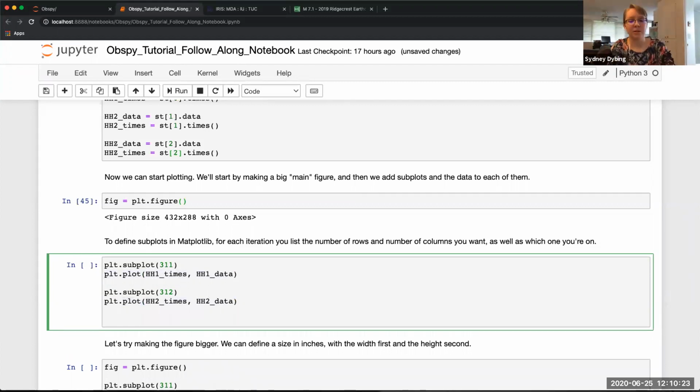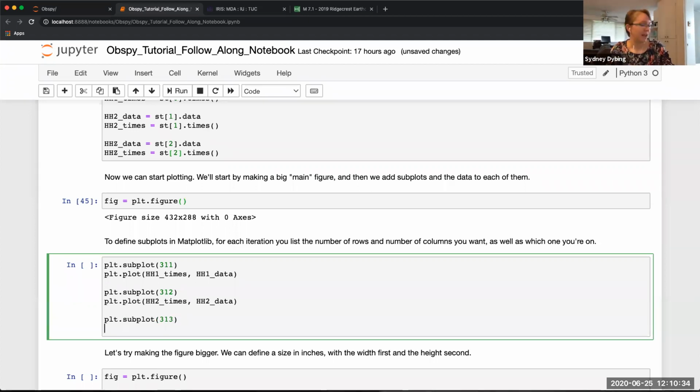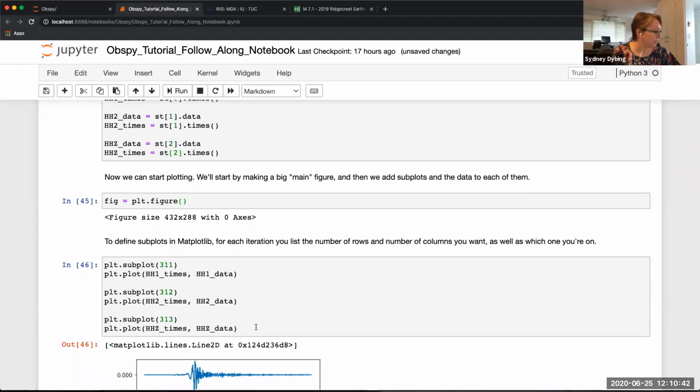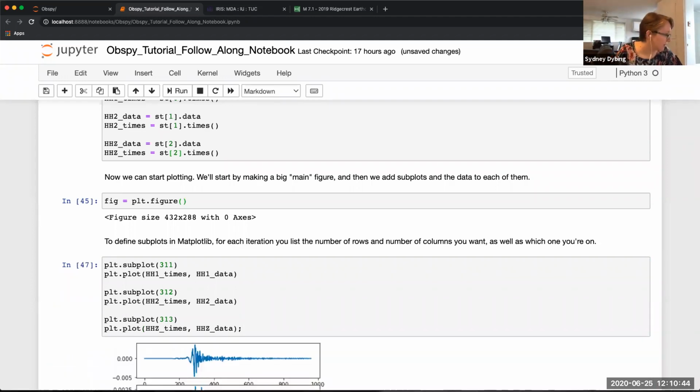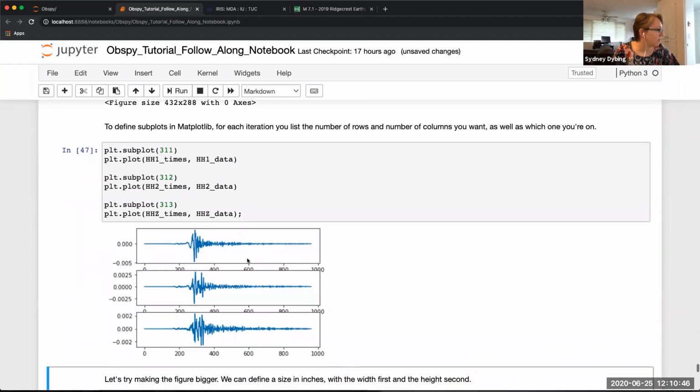And then our third subplot, we do plt.subplot. Again, 3 rows, 1 column, and then we're working on the third subplot. And you can just paste that same line again and just change it to HHZ instead of HH1. And so if you run that, I'll make sure I forgot to put the semicolon at the end, we can see that it worked. We have the 3 different subplots with each of the data from each channel on here,